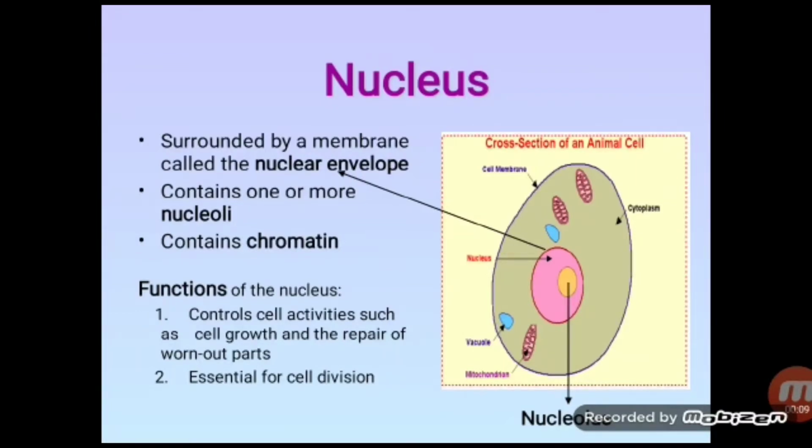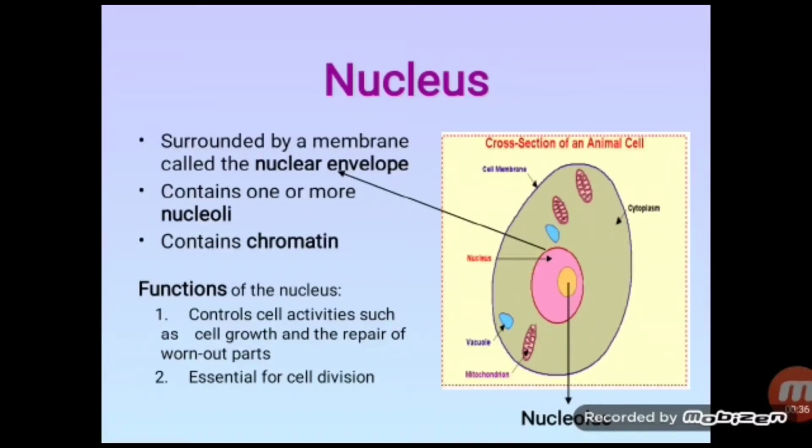So our today's topic is nucleus. You can see here the structure of the nucleus, which is surrounded by cytoplasm, and here the yellow body is called nucleus. Nucleus was discovered by Robert Brown in 1831, and it is the most important and prominent part of the cell. We can say it is the CPU or central processing unit of the cell, which controls all the activities,